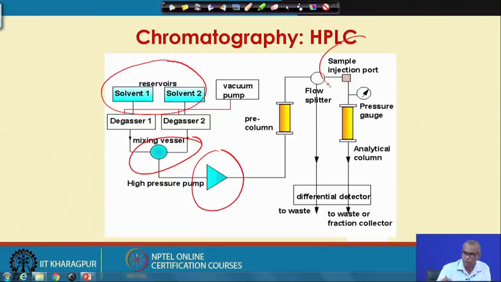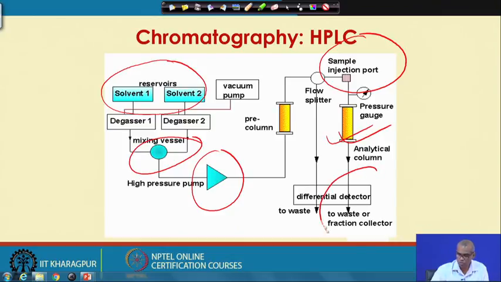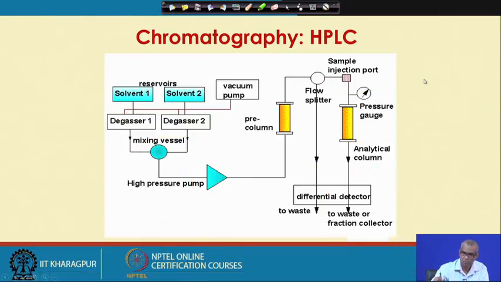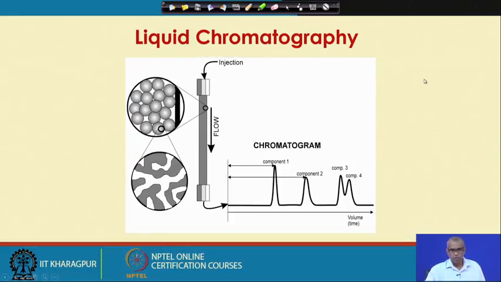You have the sample injection port, and this is the column. The output of the column goes through the detector. So, the detector produces a chromatogram